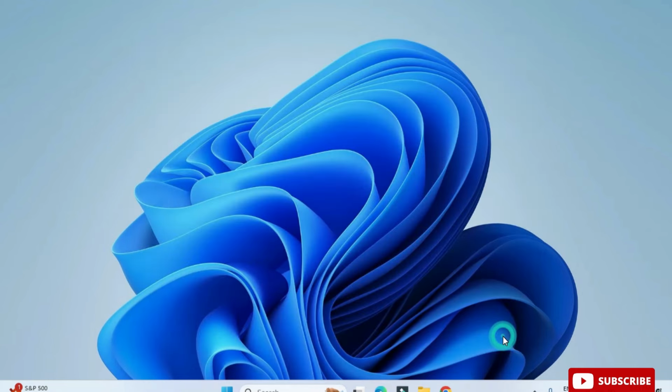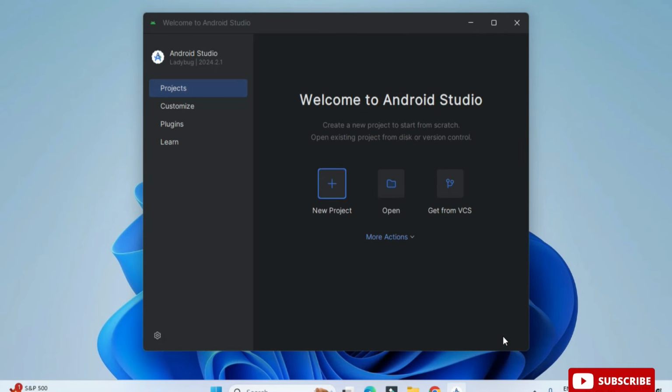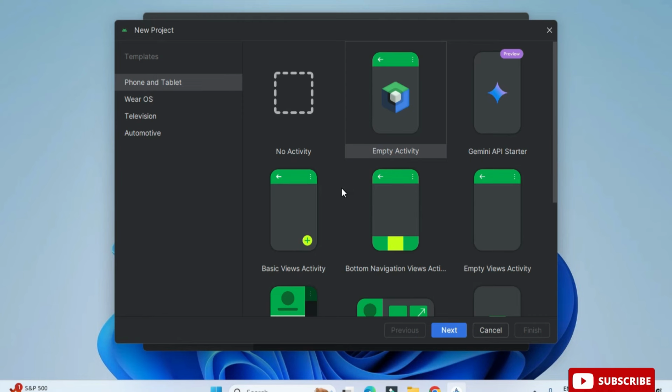Okay, so guys, after this it is showing me this studio, welcome to Android Studio, and here we have option for projects, plugins. So I'm going to take option projects, and here I'm going to click on new project because I want to create a new project. Okay, so now guys, here we have various options, templates available, whether you are creating for phone, tablet or TV. So we are creating for phone and tablet, and then from here we have to select empty activity. Okay, and click on next button.